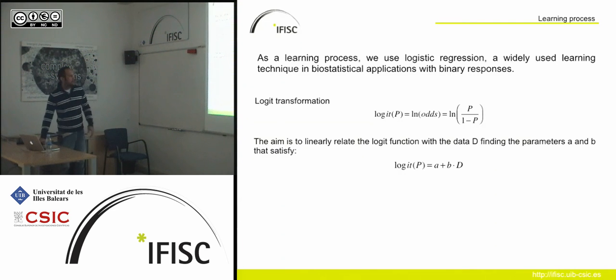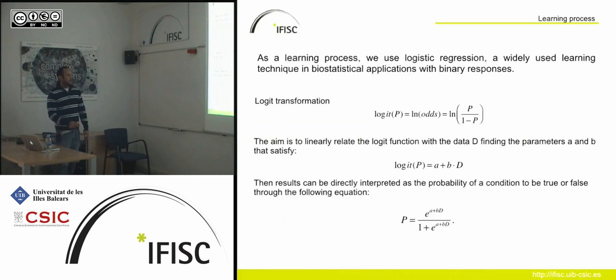That is, we can take out of this the probability, and now for us it is going to be easy. We are going to get the probability of a particular heartbeat to be pathological or to be normal. So now we can say, for example, a particular heartbeat has a blockage in some place with a 90% probability.